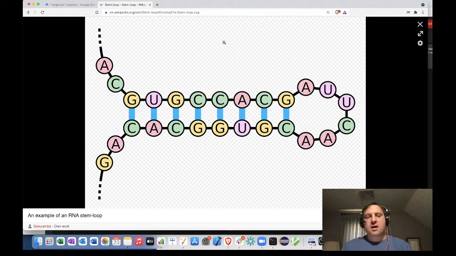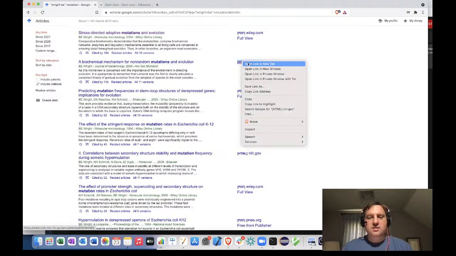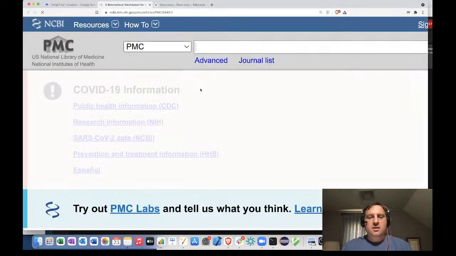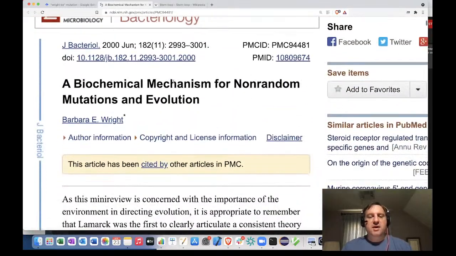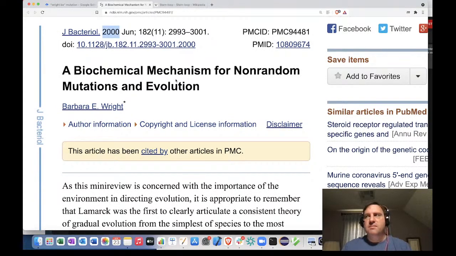And so one thing that Barbara Wright pointed out, it started with this paper, which is very interesting. It's a biochemical mechanism for non-random mutations in evolution. It was published in 2000. And in this paper, she points out that this might be a mechanism by which mutations are directed at certain sites. So when DNA gets single-stranded,